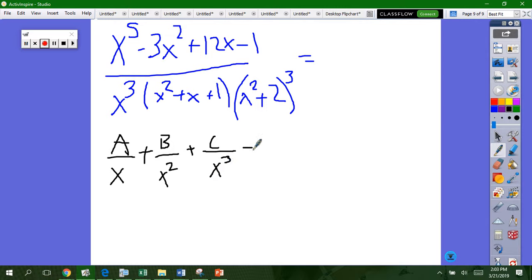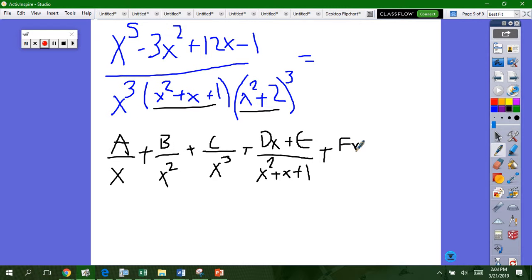Hot dog. Plus, now I'm going to go on to this guy. Can he factor? Because he can't factor, I do one less term. So what's one less term of x squared? x, so that's dx plus e over x squared plus x plus 1. Does everybody understand how I have that? And this thing in here, factor. So after e, I have fx plus g over x plus 2,